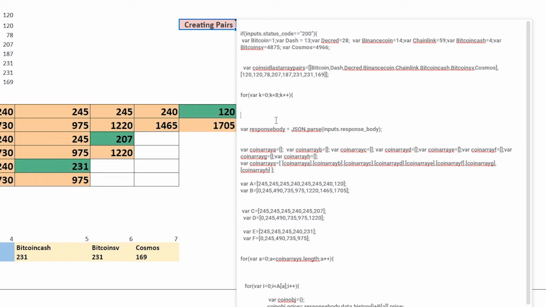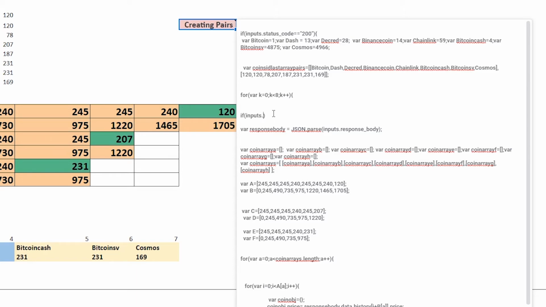Okay, what is that condition? The condition is going to be checking what is the input that I have. Let's imagine that you have as input 1 Bitcoin. So we are going to check if I have really 1. So how can we check that? I can put here if